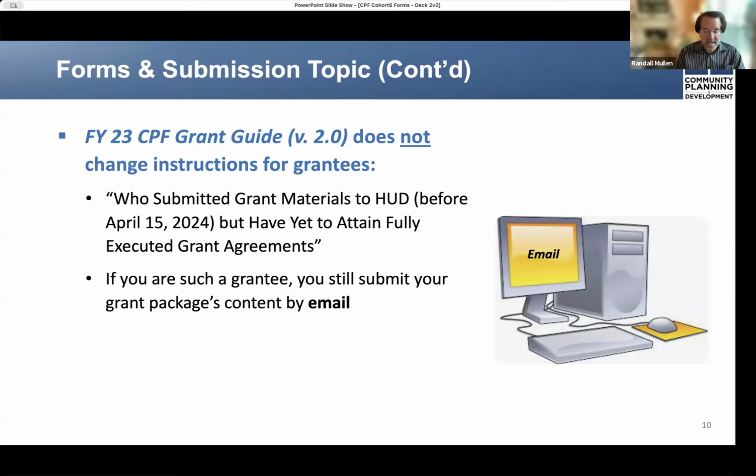If you submitted a single grant material, such as a project narrative or a budget, or any other particular form to HUD for review before April 15th, then you will continue to submit your grant package's content by email. Or if you've submitted all the grant materials, but you have not yet obtained a fully executed grant agreement, HUD will execute your grant agreement after having approved the full grant package submitted by email.